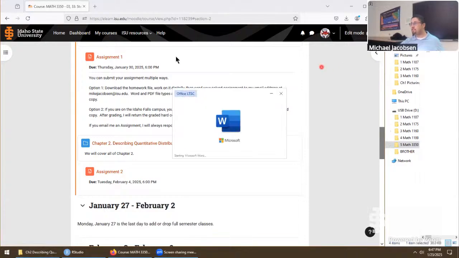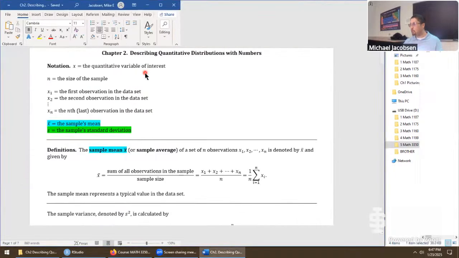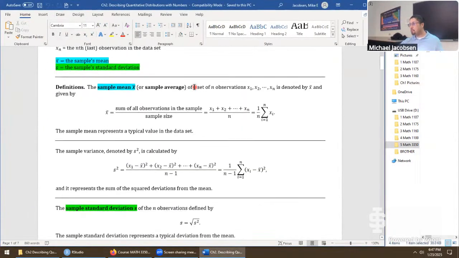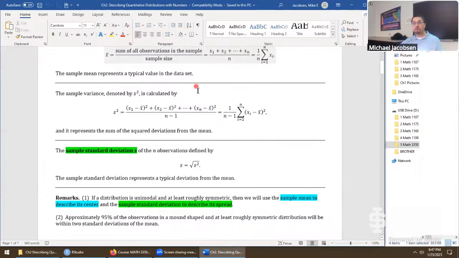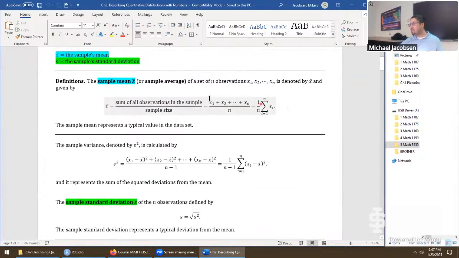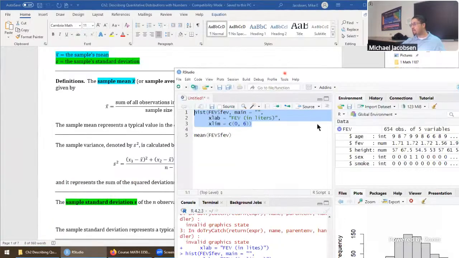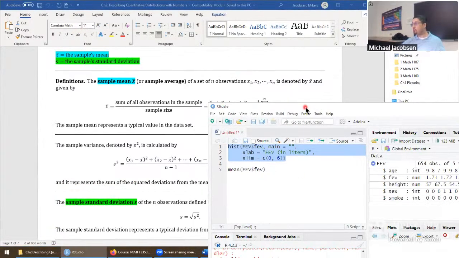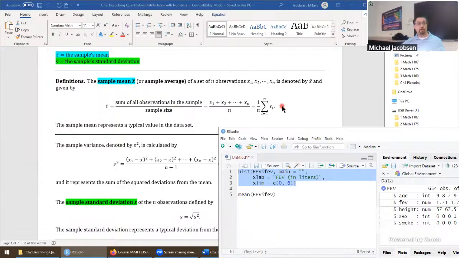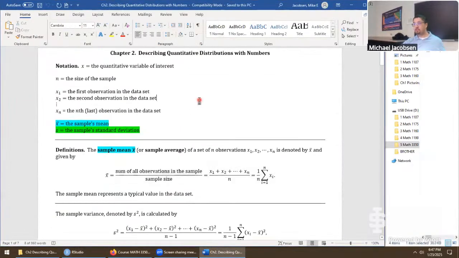The document starts off in kind of an unfriendly way, just a wall of text and formulas. But this is just the notation and some of the formulas that we're going to be looking at. These formulas are implemented very rapidly through RStudio. In fact, that whole formula highlighted right there, we used once when we calculated mean of FEV. All we were doing is implementing that equation there. So let's go from the top, absorb the context, and see which problems we can solve on this set.